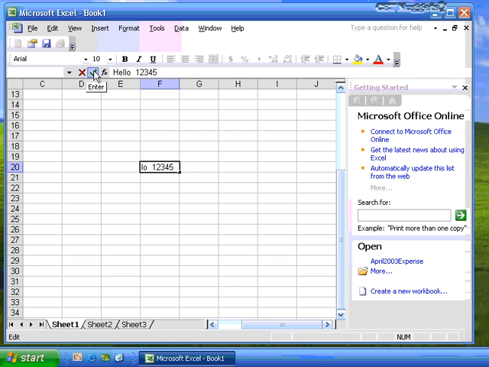In this case, I'll go ahead and click the green check mark. It now says, all right, sounds good. You now have hello 1, 2, 3, 4, 5, which is located on F20. How do I know that? Well, look, right now I'm on F19, or I could be over here on E18 just by selecting. When I select F20, it shows that here's where I'm at, F20 in my name box,